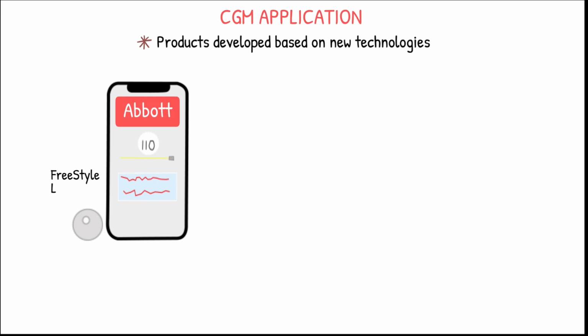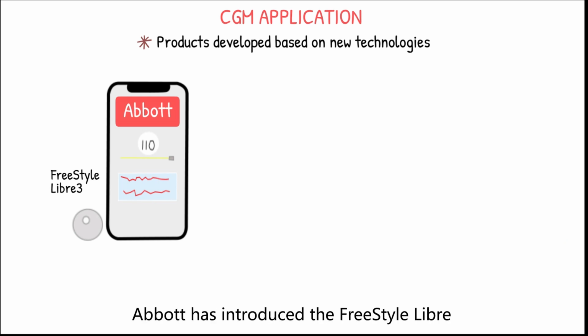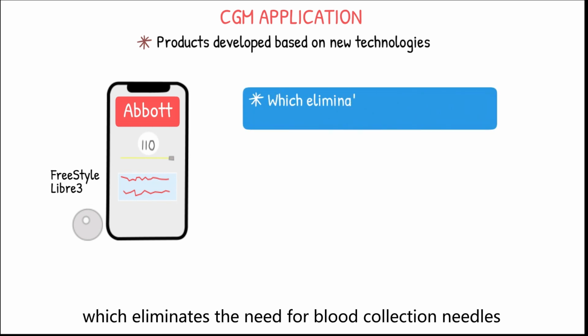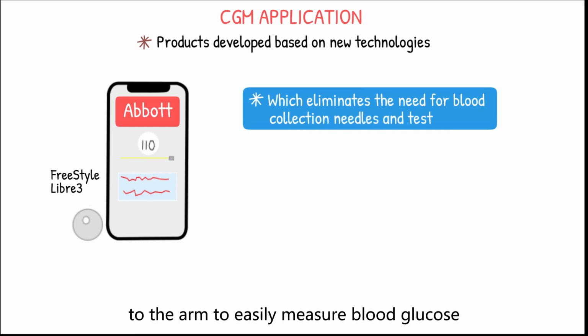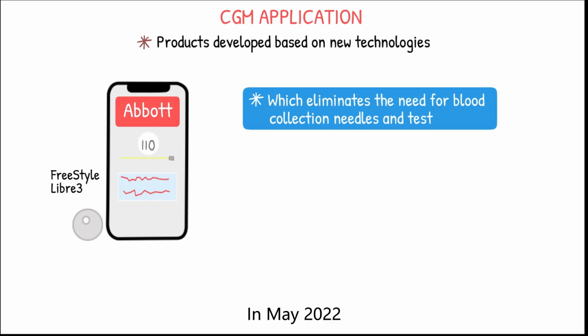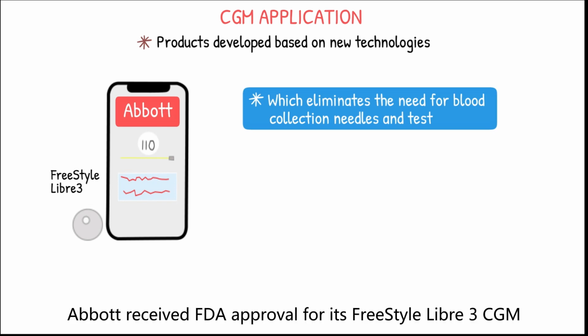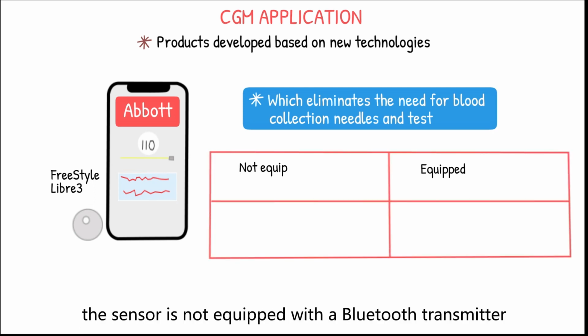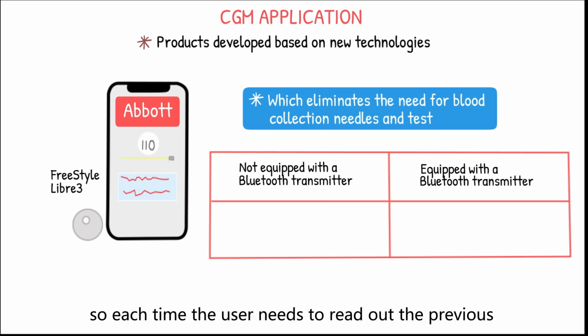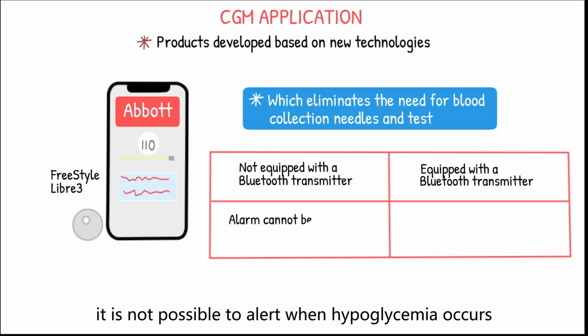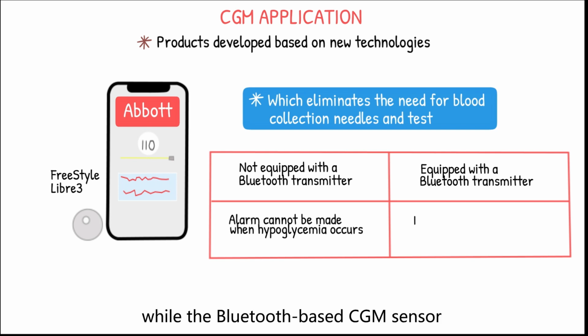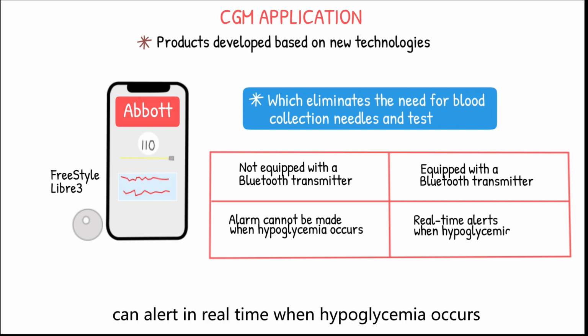Third is Abbott. In the area of diabetes care, Abbott has introduced the FreeStyle Libre ambulatory blood glucose monitor, which eliminates the need for blood collection needles and test strips by scanning a sensor attached to the arm to easily measure blood glucose. In May of 2022, Abbott received FDA approval for its FreeStyle Libre 3 CGM. However, the sensor is not equipped with a Bluetooth transmitter, so each time the user needs to read out the previous continuous data from the sensor by scanning. It is not possible to alert when hypoglycemia occurs, while the Bluetooth-based CGM sensor can alert in real time when